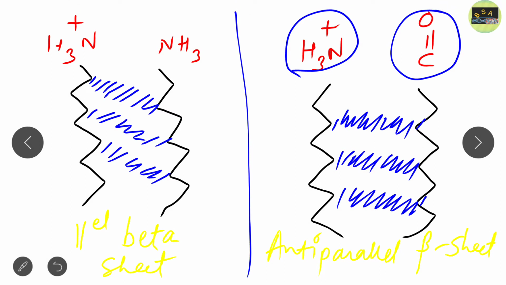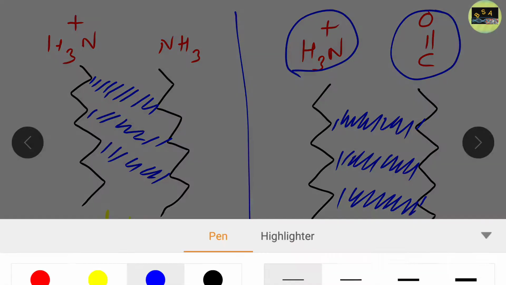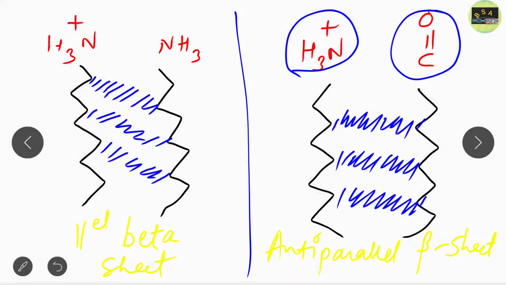From this diagram you may conclude which is more stable: is the parallel beta sheet more stable or is the anti-parallel beta sheet more stable? So the answer is that the anti-parallel beta sheet is more stable. Why is it more stable? Because if you look at the structure of the anti-parallel beta sheet, that is this structure,